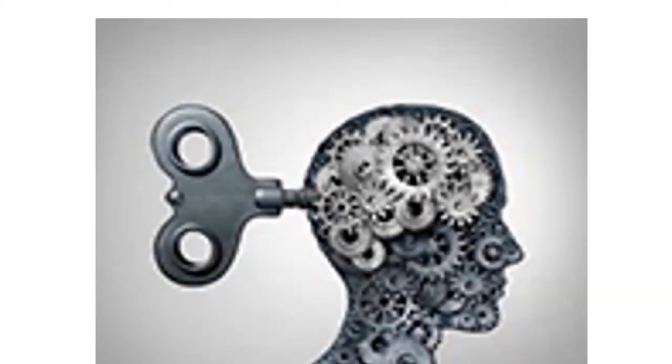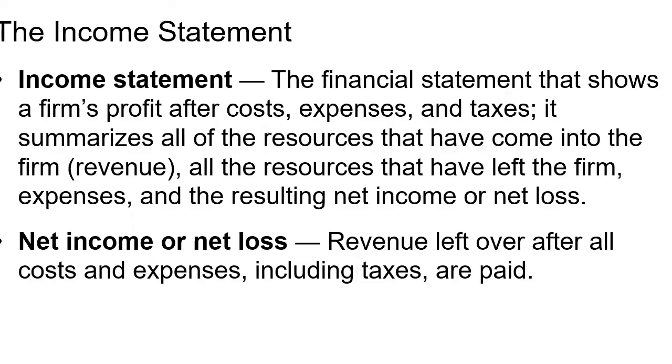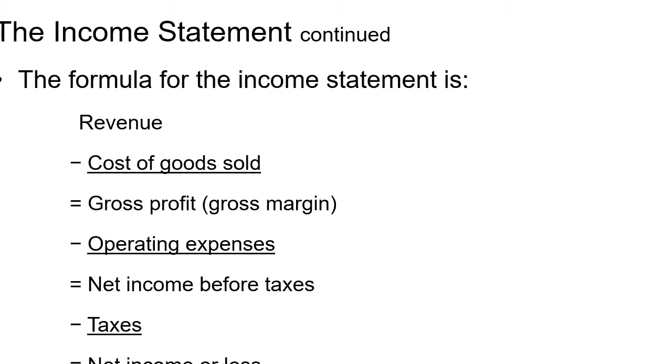We talked about the balance sheet in the first round and a couple other forms, but now we want to dive into another critical financial statement in detail called the income statement. It shows the profits you have once you reduce all the costs out of the whole aspect of it. And then you end up with a net income, hopefully, or a net loss by the time you're all done.